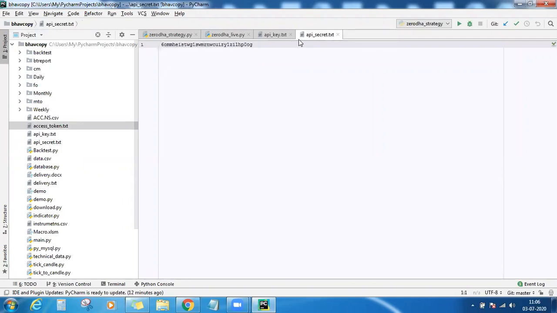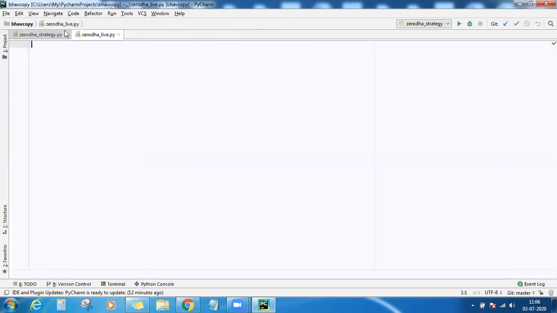These access tokens are flushed every 24 hours by the exchange, and even the broker will flush them from his end. In Upstox, they give you the access token directly, but in Zerodha, first you need to generate a request token, and from that request token, you get the access token. Let us now look at the login flow. You have the module installed, and you have the two text documents within your project directory. Now let us request a request token, and when we get it, from that we can ask Zerodha to generate an access token.